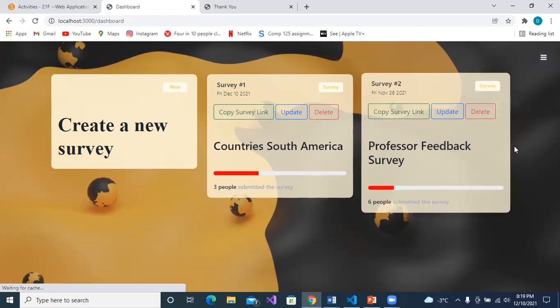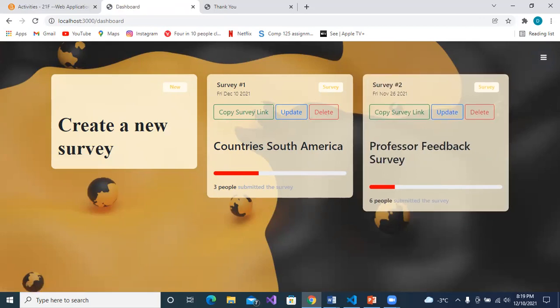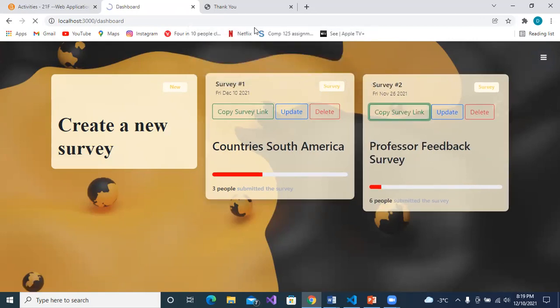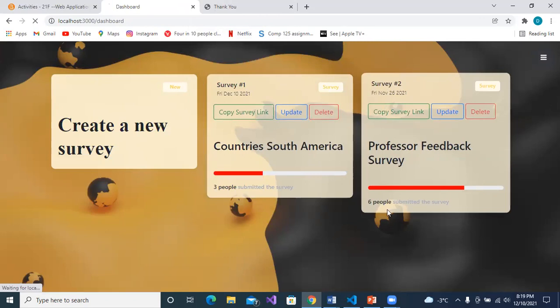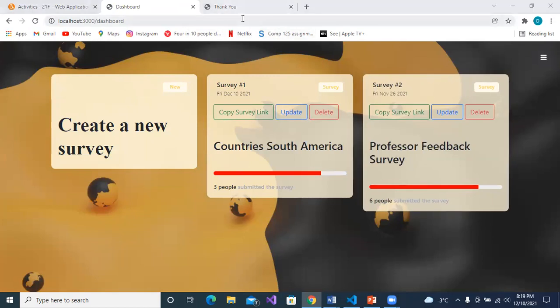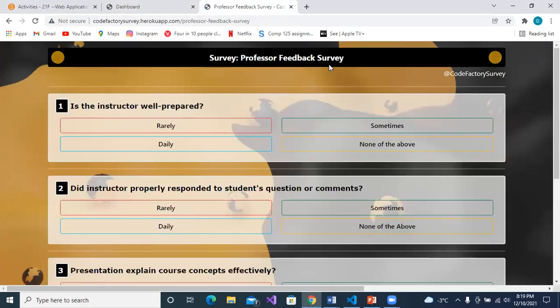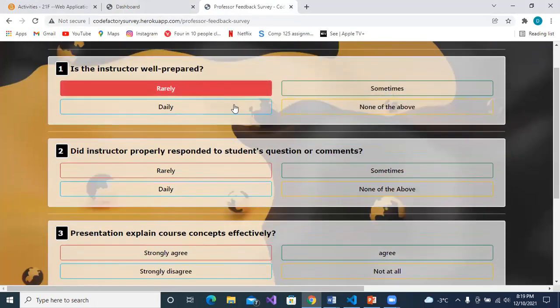As an example, when we click on the professor's feedback survey, we can see that the survey link is copied, so you can open up the survey and do the survey.